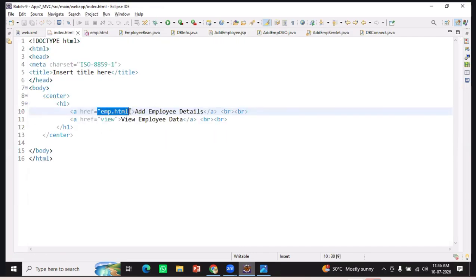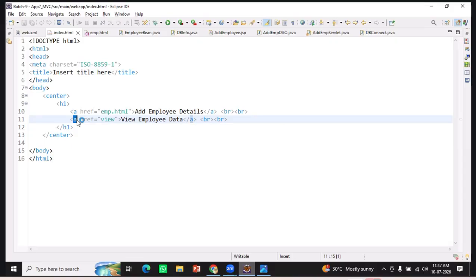Now, what is this URL? Just like the URL we give in the form action. Exactly the same. Whenever we are using anchor tags to go to a servlet,